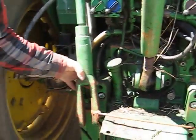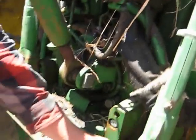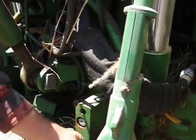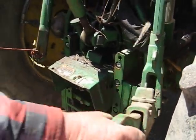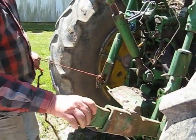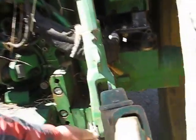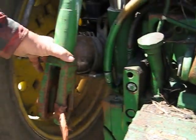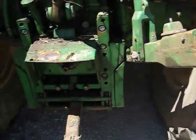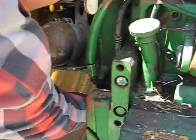And then unfortunately, the 3-point hitch on this tractor bounces around. And I know there comes a time a guy has bad luck. Well, I guess I got it. Well, anyhow, we tie it together with a tarp strap to keep it from bouncing around. Well, apparently this pin right here, for some reason, it fell out. And when my son backed up, that arm here fell to the ground. He backed up and he broke it off in the back. And see that piece right here? Right there? Yeah, that piece right there